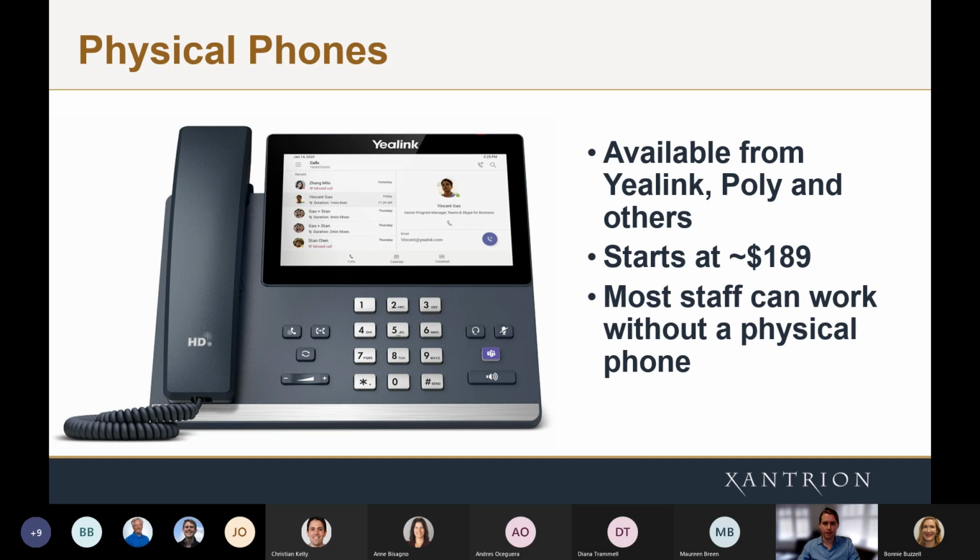So yes, Microsoft 365 Business Voice can be used with a desk phone. We prefer the Yealink model here. I believe this is an MP56, something along those lines. We like it. It has a nice big color touchscreen. It has all these big buttons that you can press, so it feels and acts very much like the desk phones that you are used to. I think this particular model is closer to $300, but you can find less expensive alternatives that start at around $190 from Yealink and other providers like Poly and similar companies.